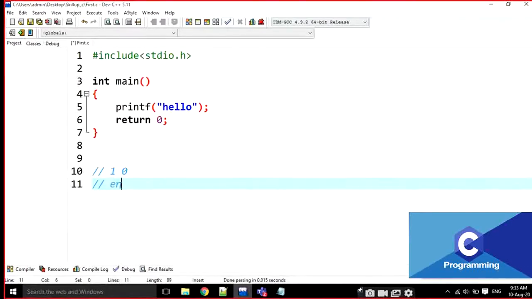The human knows only English. Now we are going to communicate in our English language with that binary language. Then programming languages come in, like Python, C, Java, C Sharp.